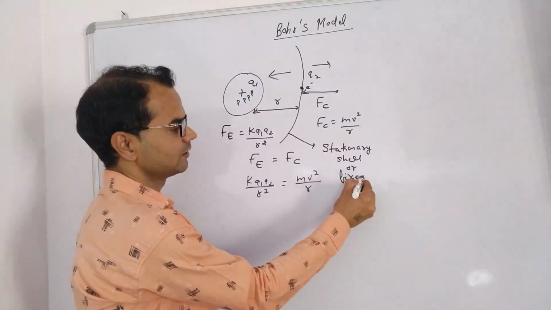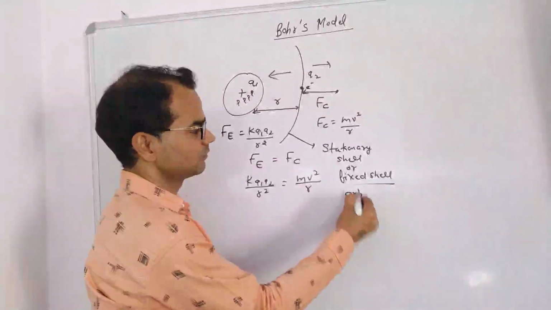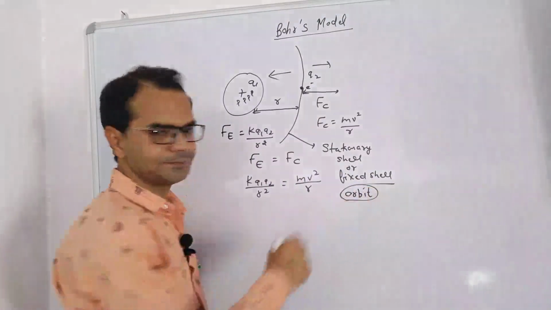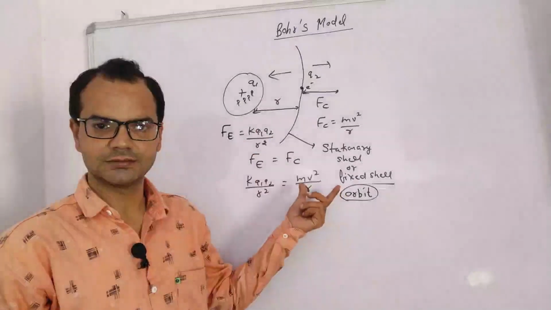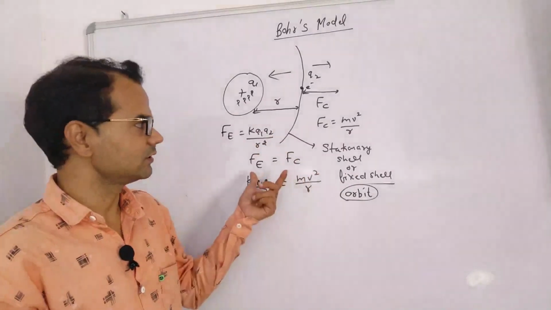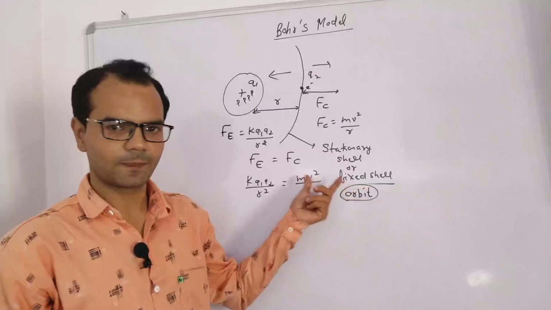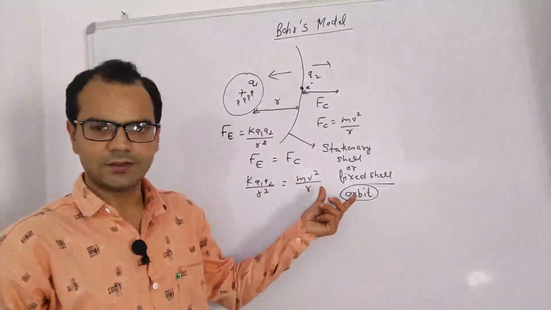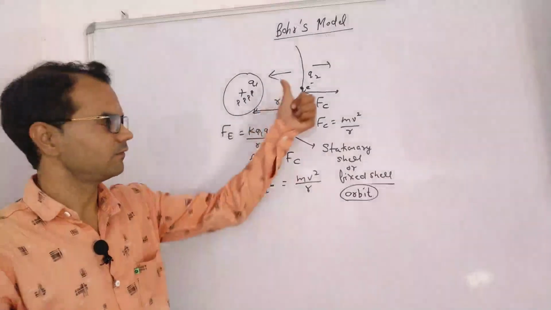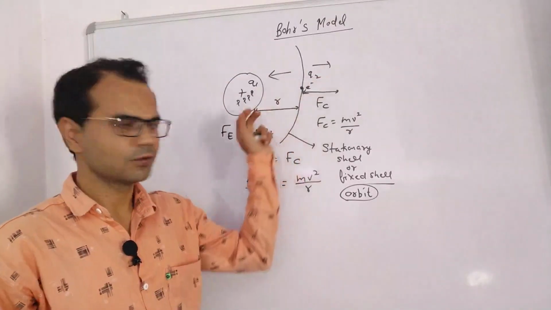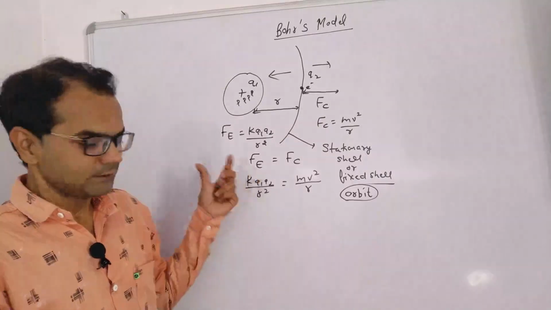or a fixed shell, and he gave the name stationary shell or fixed shell to the orbit. Electrons revolve in orbits and they do not release any energy. Clear? This was the first conclusion, that electrons revolve in stationary orbits or fixed shells, or simply orbits. And why is this shell stationary? Because it experiences two types of force. One is inward and the other is outward. Both forces are equal in magnitude. Easy.